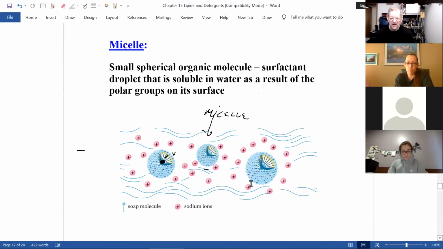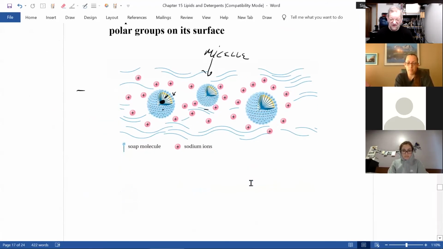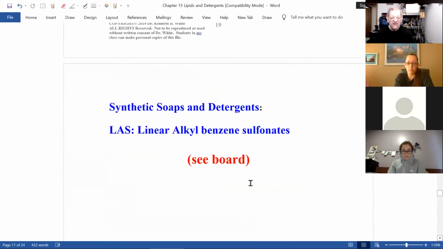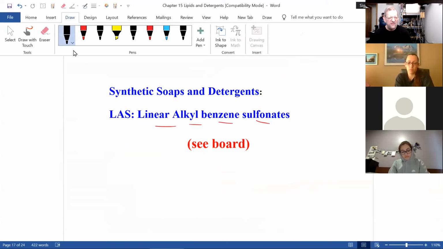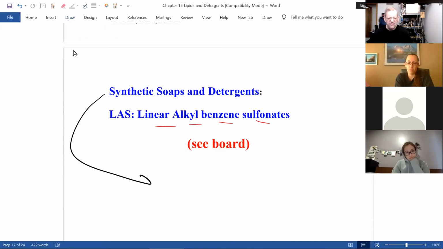And here's another look at micelles with a fancier picture. Now, I'm going to turn the switch off here, but your synthetic soaps, like your liquid soaps or your detergents, are linear alkyl benzene sulfonates. I'm turning the switch off on this, but in case you were wondering, for liquid soaps,